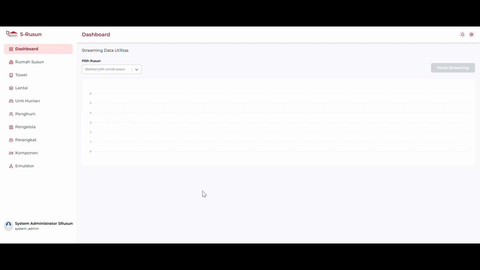On the dashboard, we can view the cumulative traffic of utility usage in the building. The utilities whose traffic is monitored here are water and electricity. So the system administrator privilege can view traffic from all registered buildings. For example, here we select Rusunami di Jardin Cihamplas